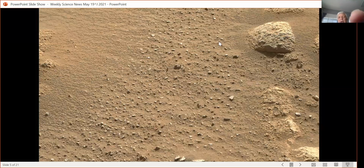And as it did, it would pick up these pebbles and deposit them along the way. If you ever do much hiking, especially after a heavy rain, it's easy to find something that looks pretty similar to this here on Earth. So once again, it's just an indication that at some point, millions, maybe billions of years ago, Mars used to have a lot of water and a lot of climatic conditions that we would recognize, similar to